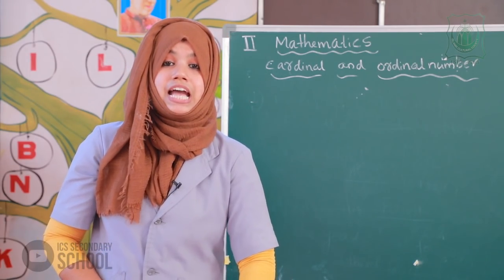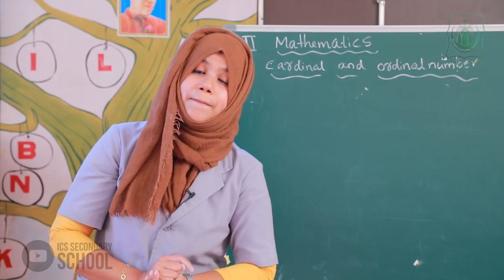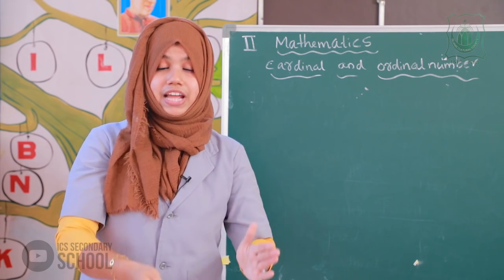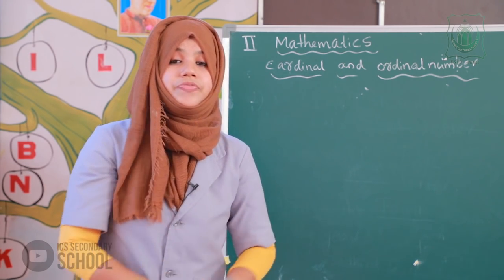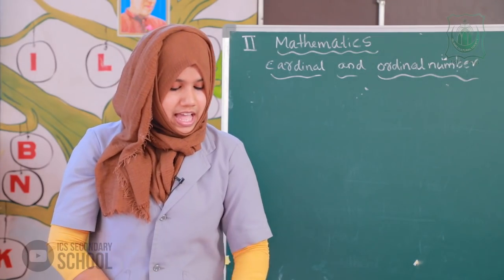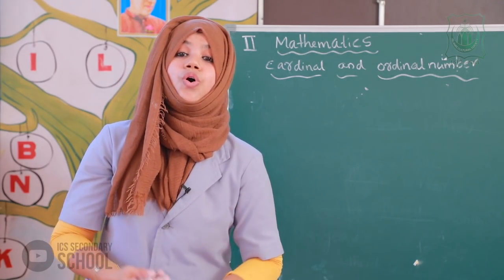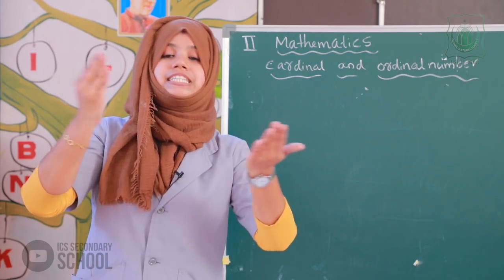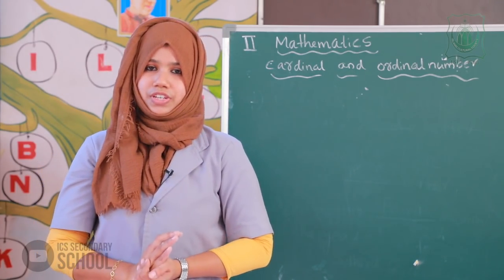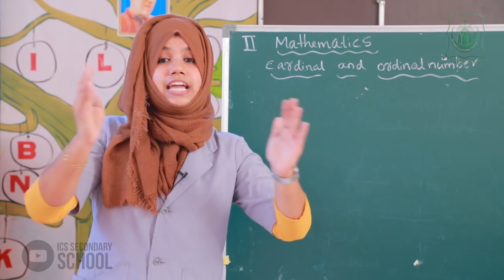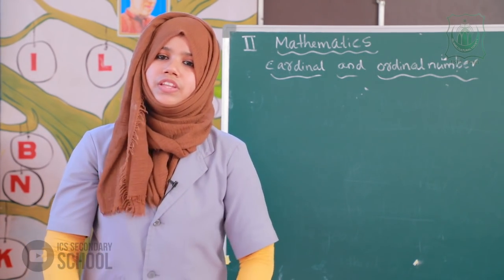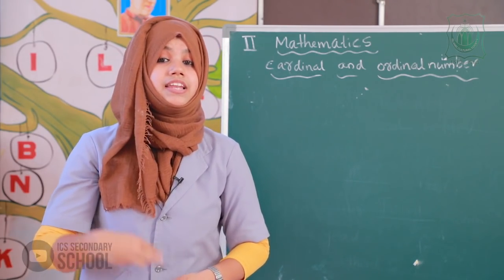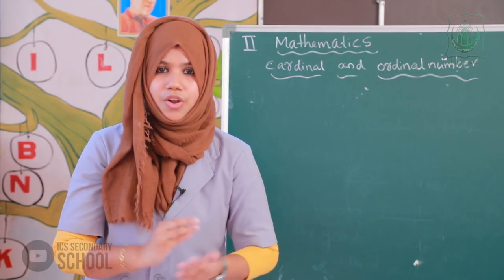The next one is write all the even numbers greater than 20 and less than 30. You have to write the even numbers between 20 and 30. Okay. And the next is write all the odd numbers greater than 40 and less than 50. That means between 40 and 50 you have to find the odd numbers, and we already studied about the importance of even and odd numbers.